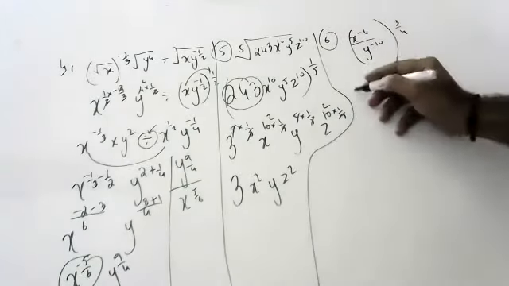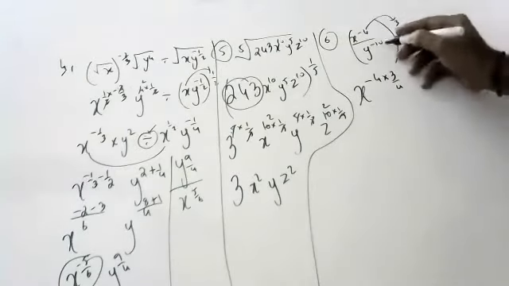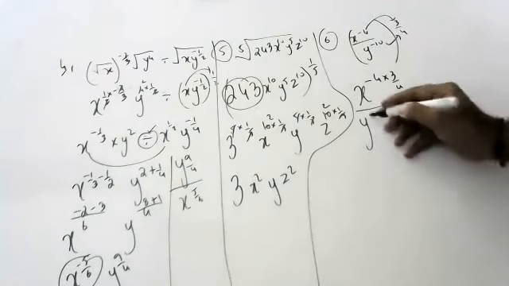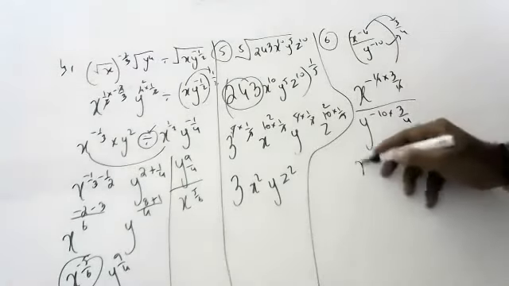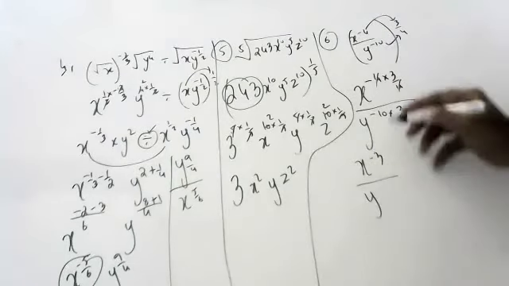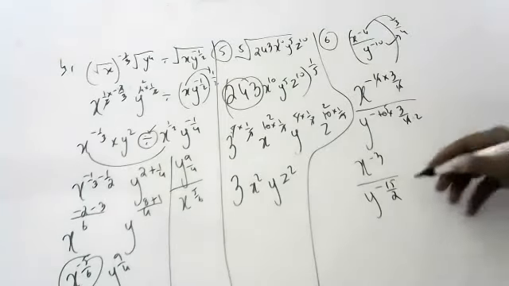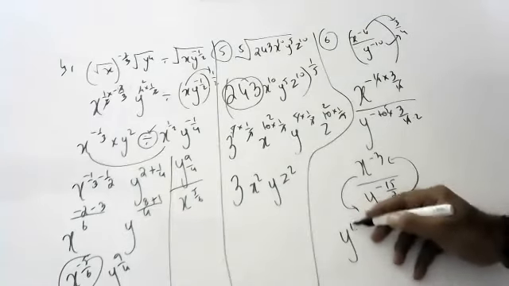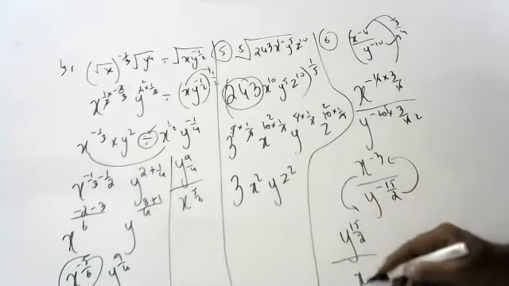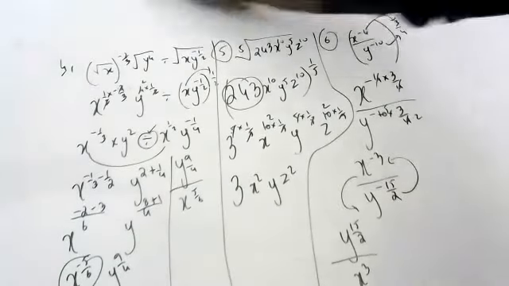Yes. X to the power of minus 4 into 3 by 4. And this is y to the power of minus 10 into 3 by 4. So x to the power of minus 3, and y to the power of minus 15 by 2. This you bring up, this you bring down to remove the minus sign. So y to the power of 15 by 2, x to the power of minus 3. That's okay. Next, Nandika is it? Like this, yeah.